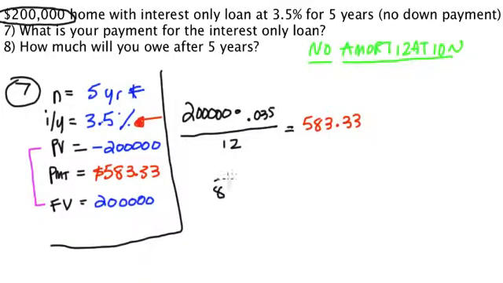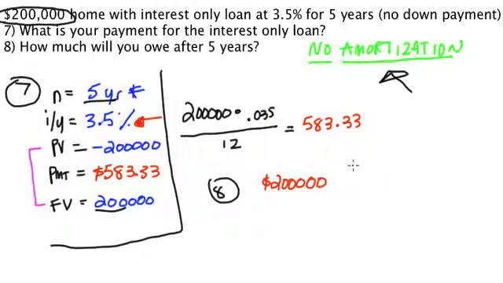Now, number 8 asks, how much will you owe in 5 years? Well, normally we would change N to 5 years and compute the future value, but we have N at 5 years and we have our future value, and we know that this again is a no amortization loan. In other words, the amount that you owe is not going to change. So how much do you owe? It's a simple concept question. You owe $200,000,